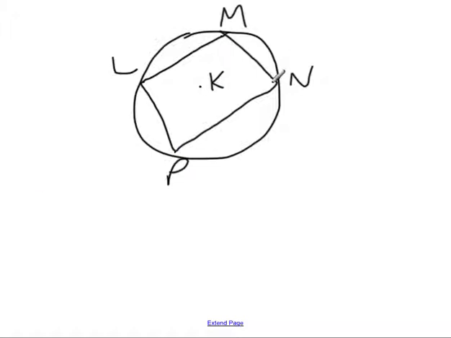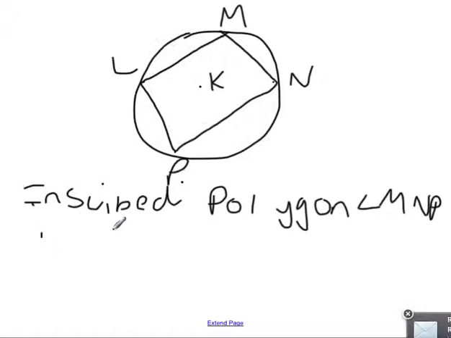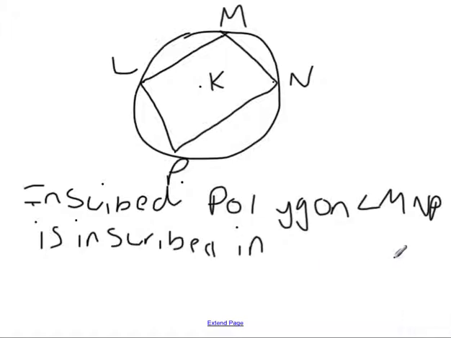So then we can say under inscribed, we can say that polygon LMNP is inscribed in circle K. Next,